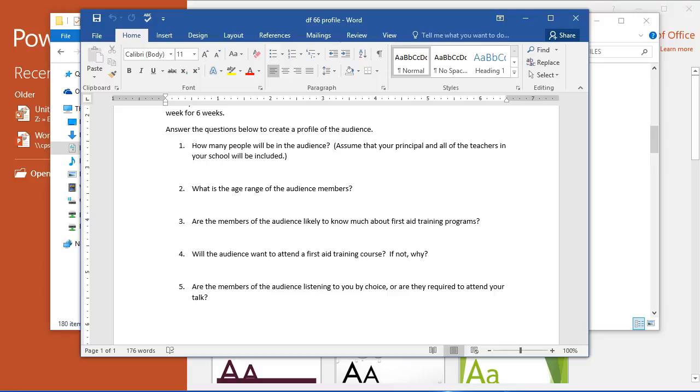So after you've considered the purpose and the audience, you need to choose the main points you will cover in the presentation. All of the main points should help you accomplish the goals of the presentation. Use the main points of your presentation to create an outline. Then add supporting points